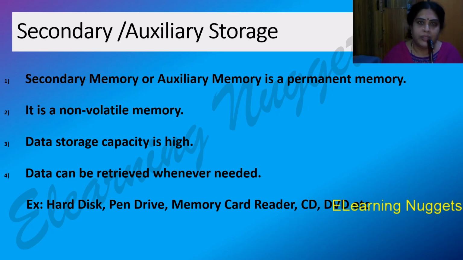So once that class is over, the next class, if you're having maths for example, that teacher is going to erase all the contents of that business studies, and then he or she is going to put the maths lessons on the board. This is what happens in the primary memory. Every time data is getting erased. Now we should find a solution where our data is going to become permanent.